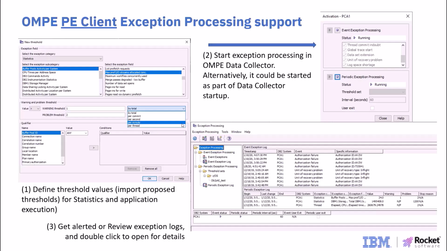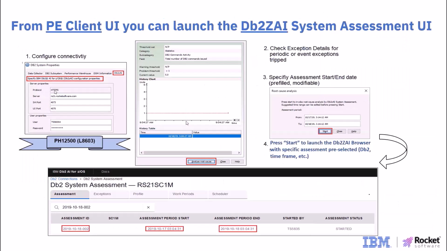Here, just as a summary, you can see we have the threshold editor. We have the starting of the threshold exception processing, the event exception processing. You see this exception processing window with the log files. And on the next page, it's showing how this DB2 CAI gets launched from the exception detail display using the analyze root cause button. The start window with the start and end date, and then you come to the system assessment